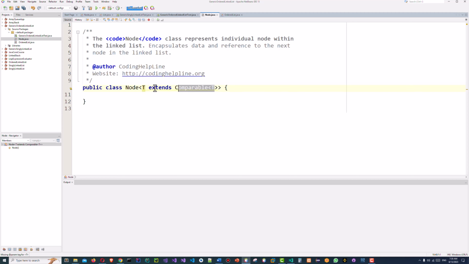Now, any class that has implemented the Comparable interface, we can use that in this class as a parameter. So why we need this? So that we can compare the values of the objects stored within this node and to maintain the order within the linked list. So, the instance fields,